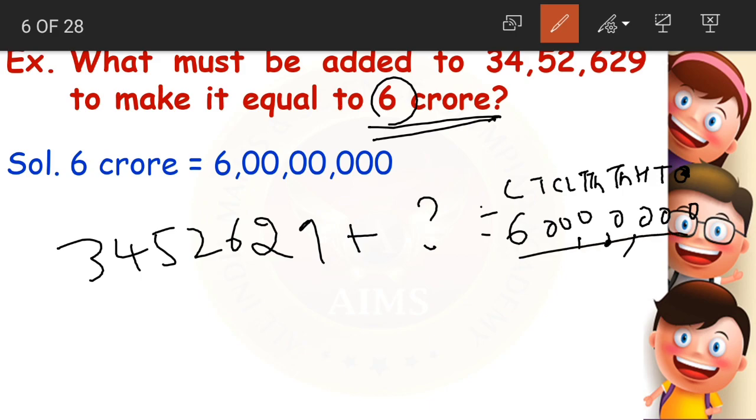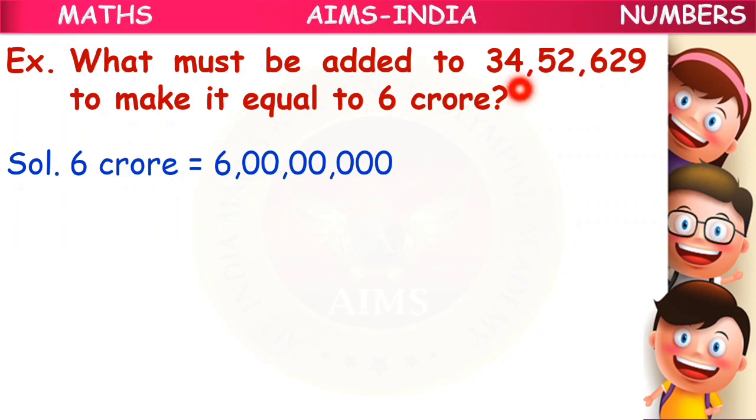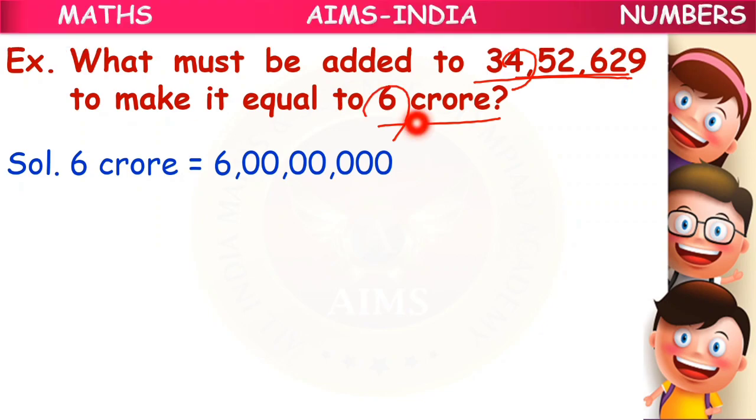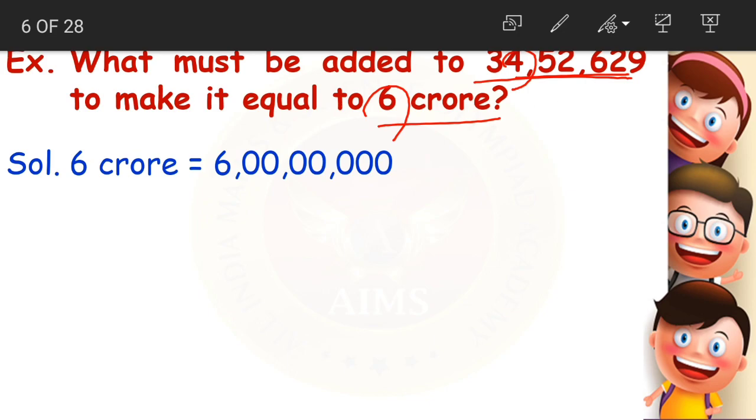Even if you don't know how to write 6 crores in numbers, like how many zeros will come after 6, you can do this. Write the place values and then write 6 in the crores place and fill up the remaining places with zeros. That was how to write 6 crores. Now coming to the question, here there are two big numbers, right? Here is a method to understand what to do with the question. Simply replace these two big numbers with some small numbers like 4 and 6.